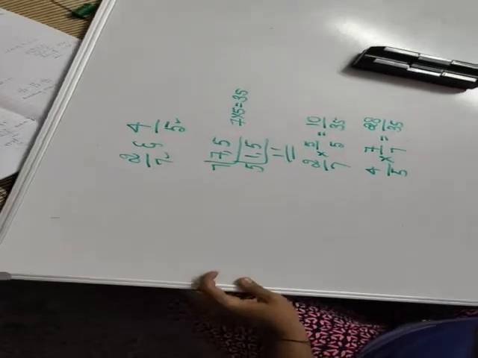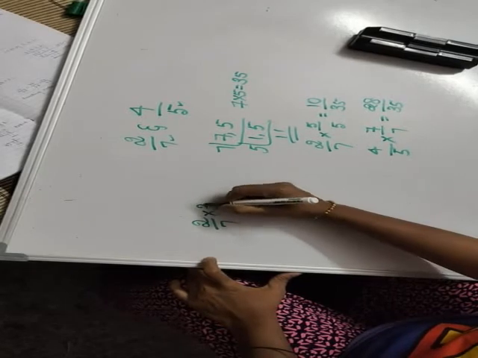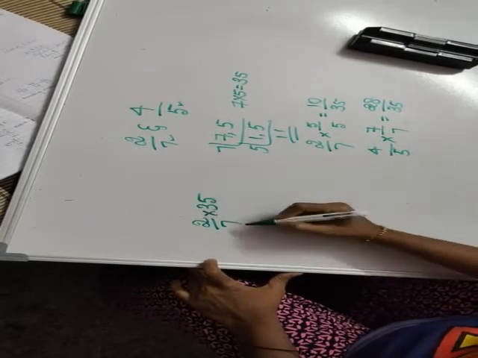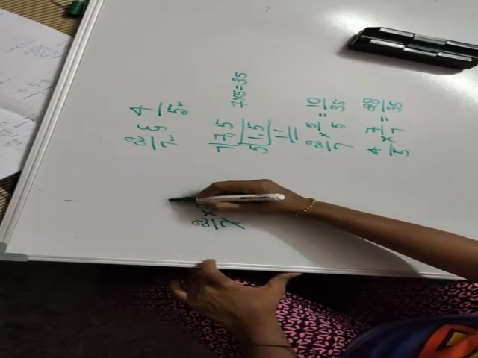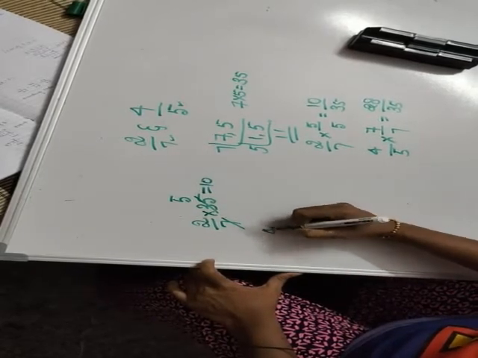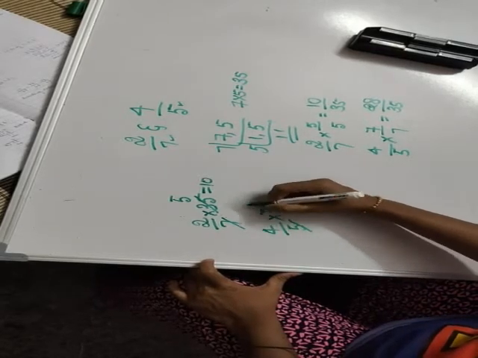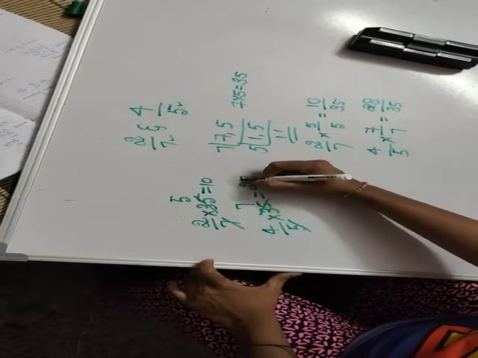One more method. You see, 2 by 7 is there. What did we get as the LCM? We got the LCM as 35, isn't it? By this I will cancel 5. So 5 twos are 10. Next, 4 by 5 is there. We got the LCM as 35. Now I will cancel, okay, 28. Now we are not finished.